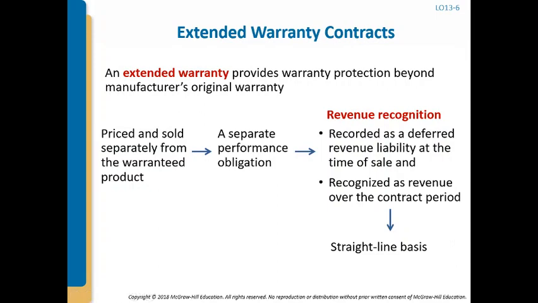So here, what we do is we recognize revenue over the contract period. So let's say if you've got a 3-year extended warranty, you're going to recognize revenue on a straight line basis over